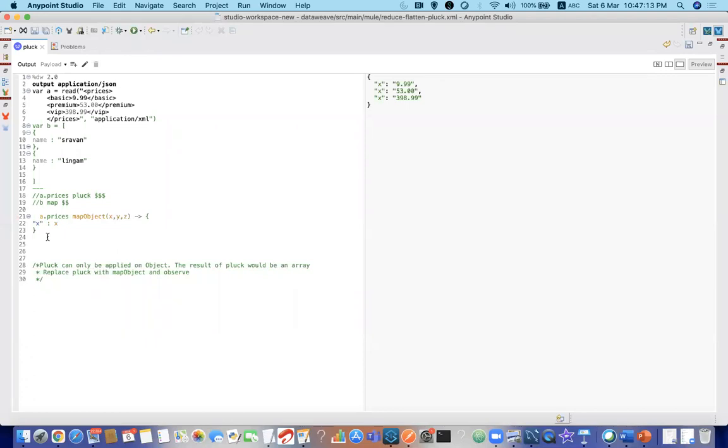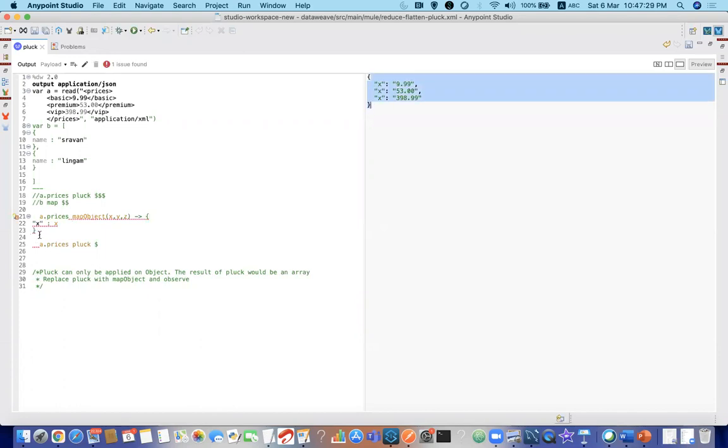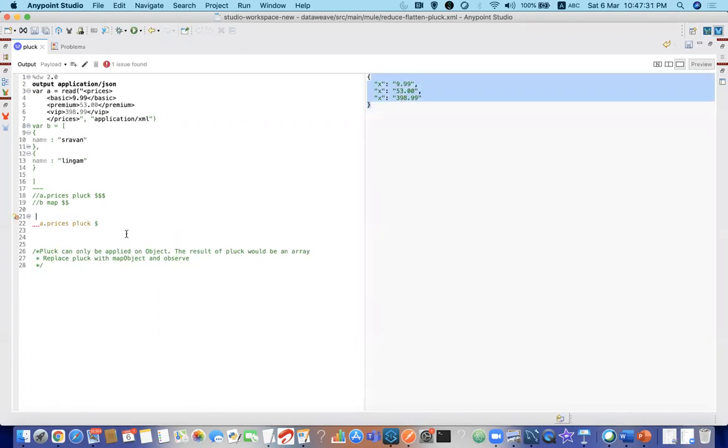So let me put the same thing, A dot prices pluck dollar. You can see A dot prices, when you apply map object, it is an object. And when I'm using A dot prices pluck dollar, it is giving the values in an array, to specifically pick some values or keys or index.